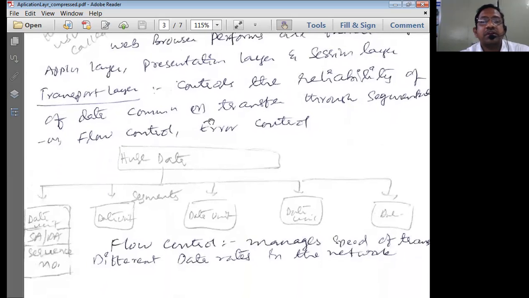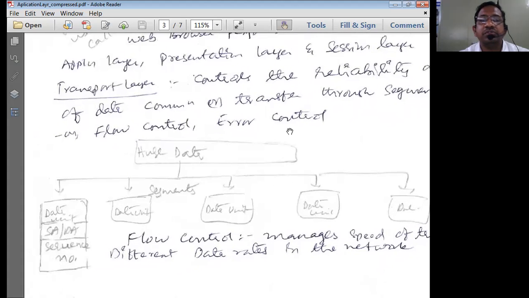The next one is the transport layer. The transport layer controls the reliability of data communication for end-to-end communication, with reliability and cost effectiveness, whenever data has to be transmitted or communicated. Normally it controls reliable data communication through the process of segmentation, flow control, and error control.